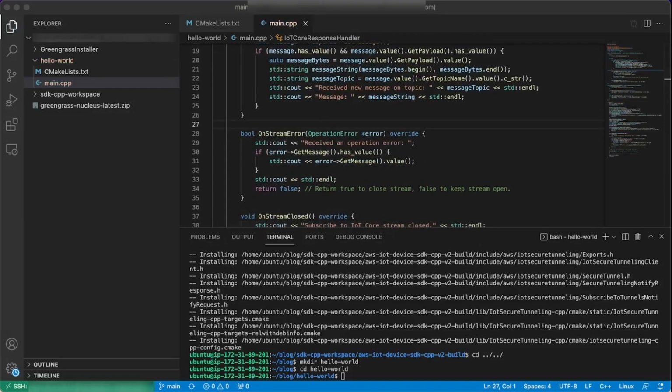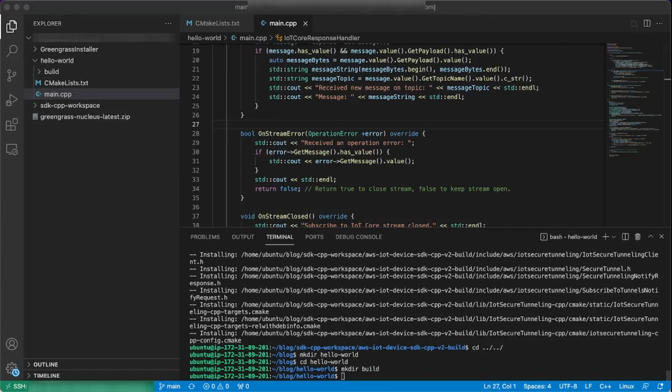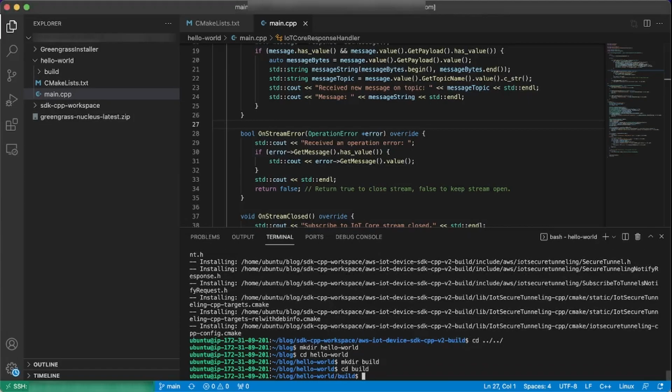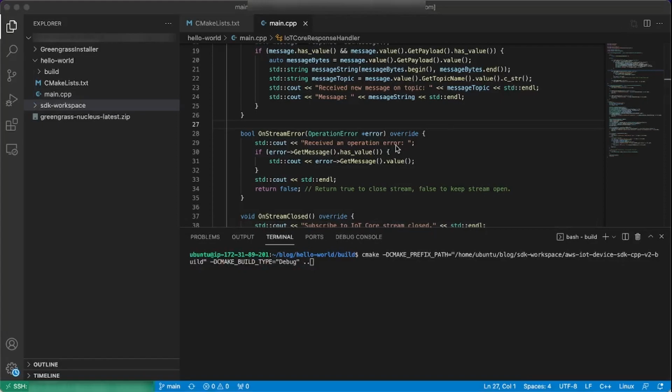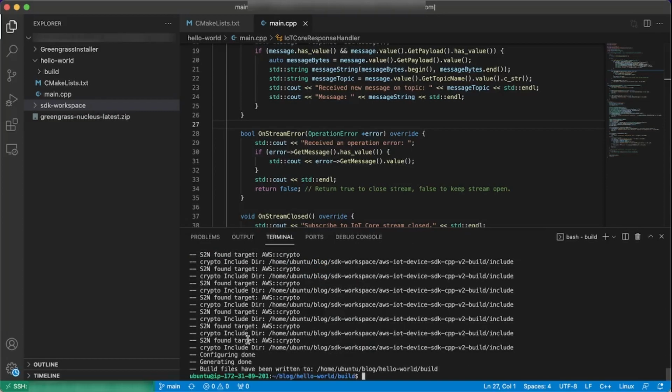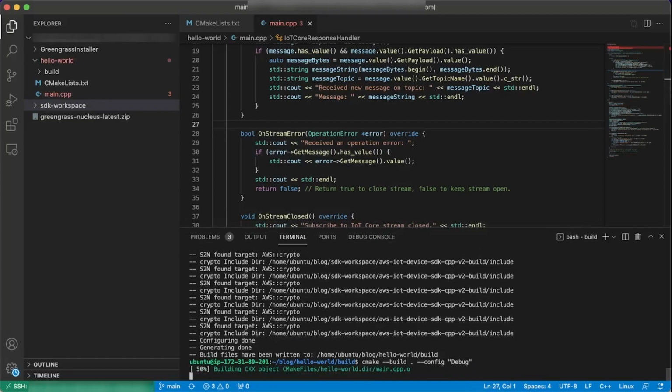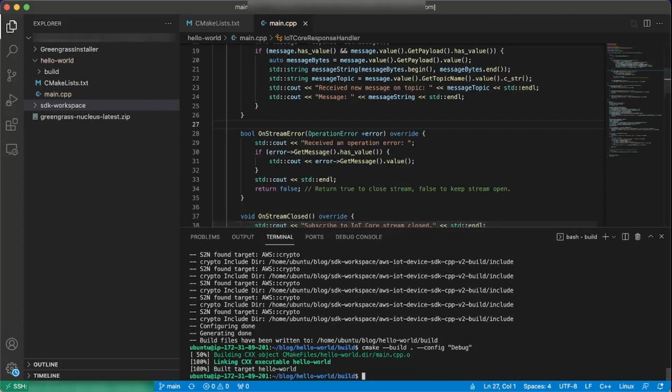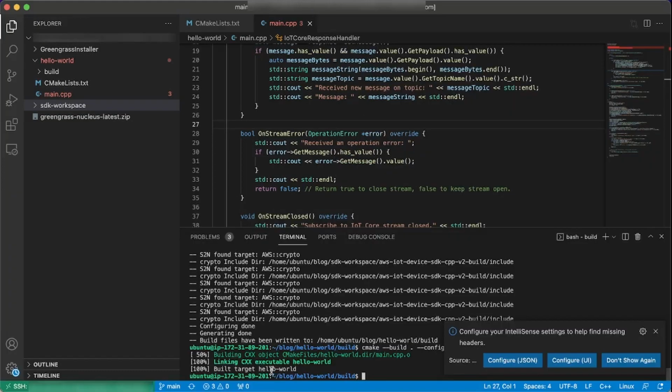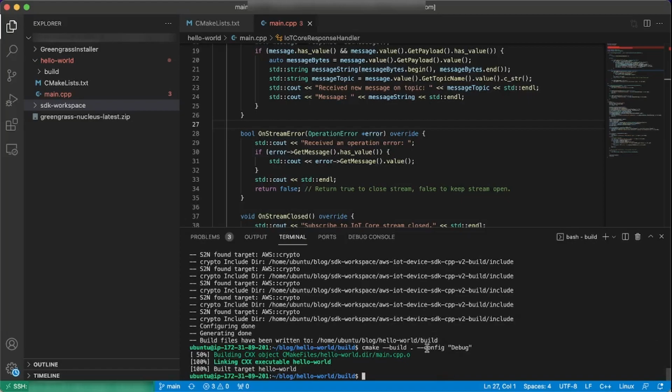So the next part would be to create a directory and then cd into it. And here it's important that we specify the right location where we have our SDK build directory. Yeah, so make sure that everything is fine, and then more or less perform the build. We have now a hello world application, but it will not run on its own because it requires Greengrass and